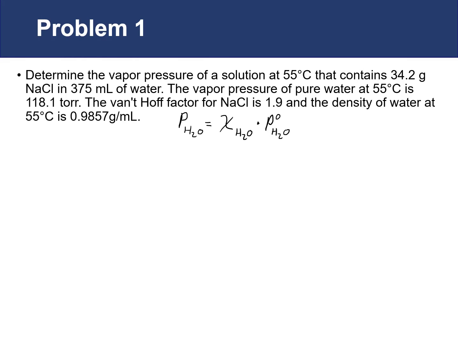Now the Van Hoff factor for things like vapor pressure is going to be applied to our concentration. So what we will do is take our number of moles of sodium chloride, figure that out, and multiply that by the Van Hoff factor of 1.9 to give our effective solute concentration. As a reminder, our mole fraction